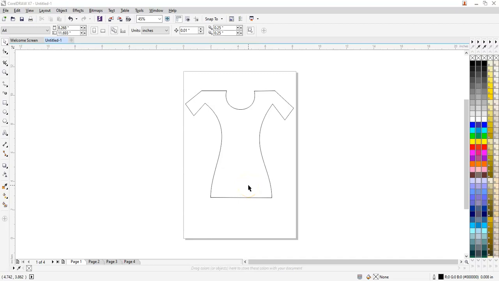Hello friends, we would like to continue with our second chapter, colorization. In the previous chapter, we have seen how we can work with the nodes. So today we would like to learn about how you can take the measurements and fill up the colors and pictures into a particular drawing or an object.